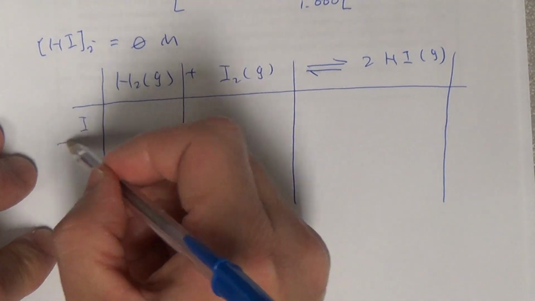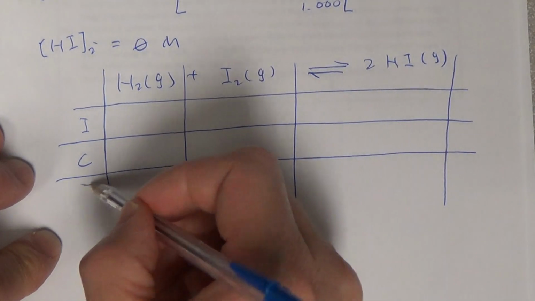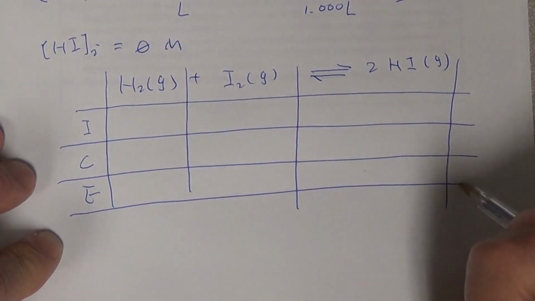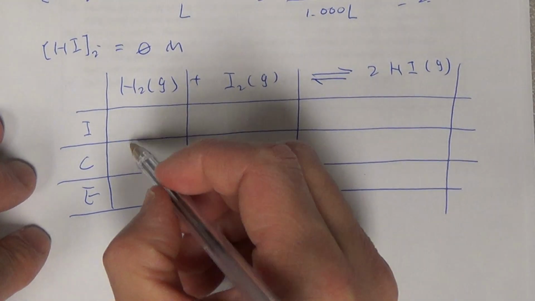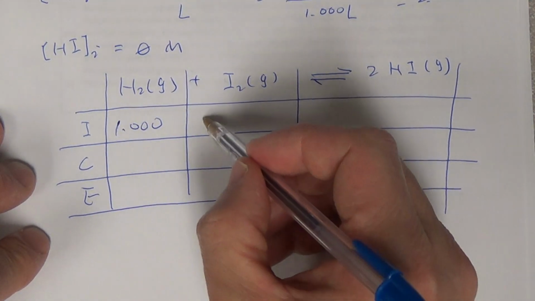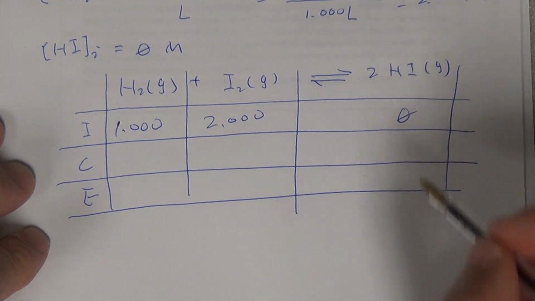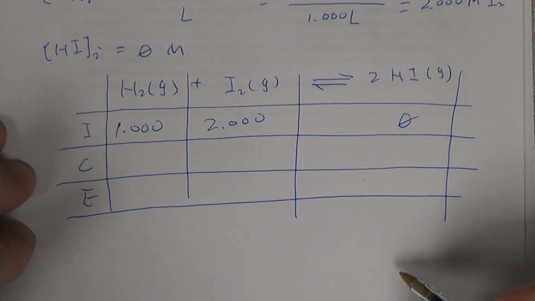I, C and E. Okay, initially this is 1.000, this is 2.000, and then this is 0. Okay, so now